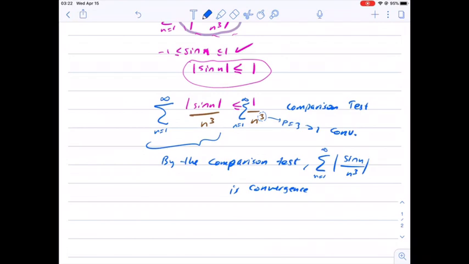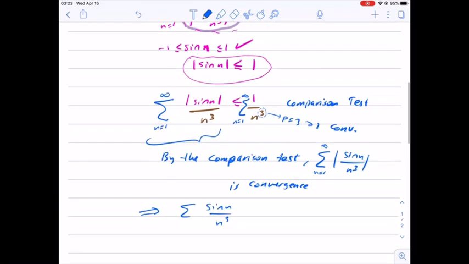So if the series of the absolute values of the terms is convergent, that means the original series is convergent. That means the original series, sine n over n cubed, is